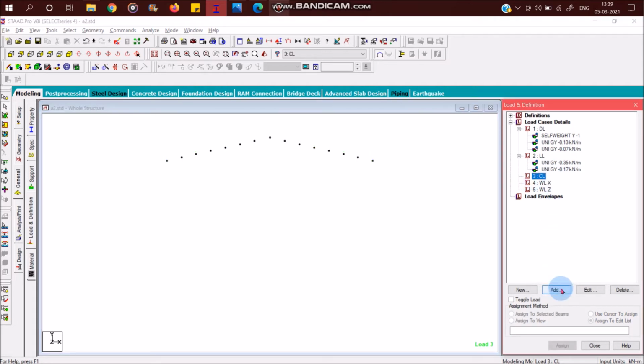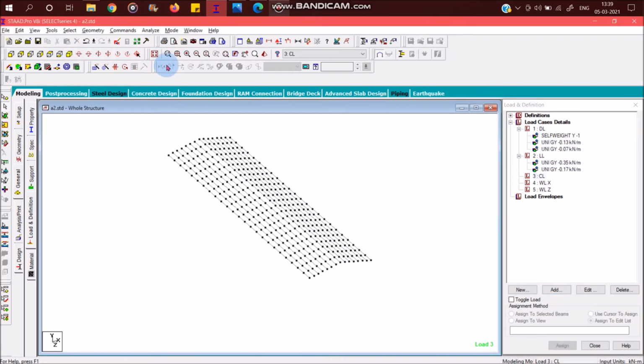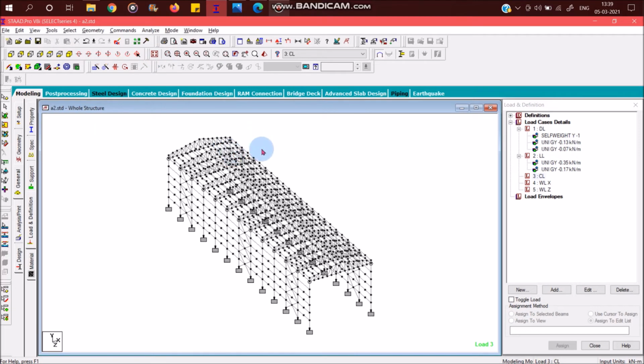So this is one of the trickiest parts, but it used to be tricky. Now it's very easy to apply a crane load. So let me take the whole structure. The idea here is I'm going to provide my crane load as point forces only. I'm not going to provide them as vertical UDL forces. I'm going to provide them as point loads only.